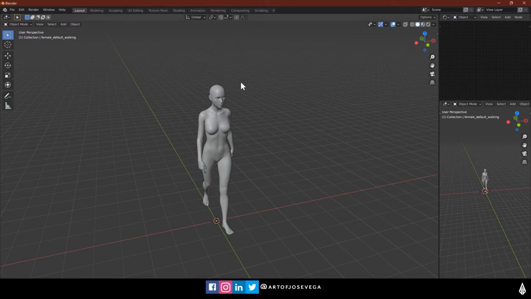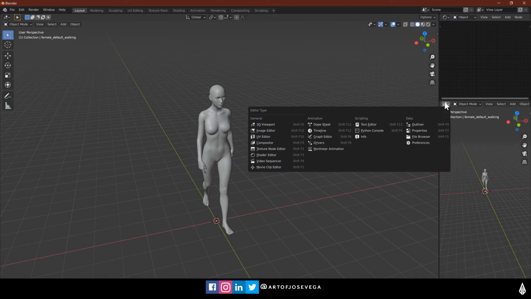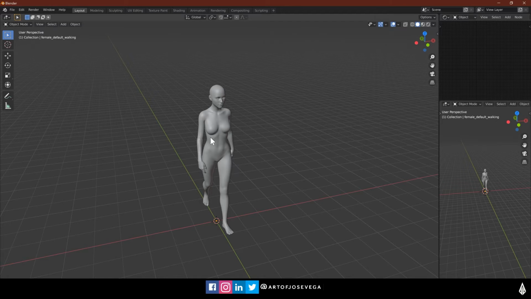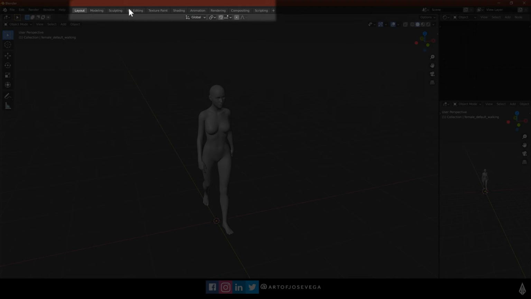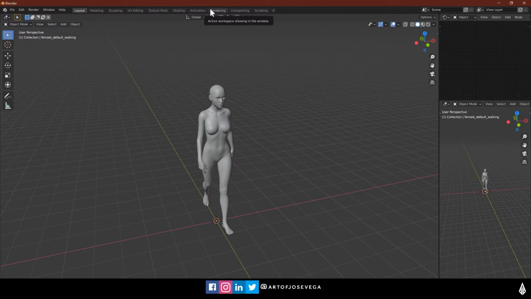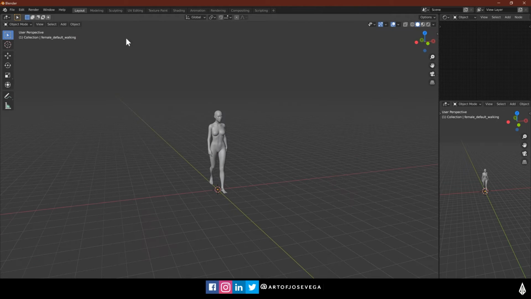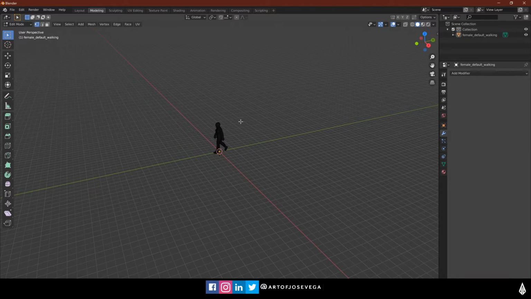You could have it however you want to. So you can change those by going through here and then moving them. But you also have these different workspaces, and these workspaces, they're sort of by default in Blender that will give you a setup of a workspace depending on what you're doing. So this is like the normal layout one. If you're modeling here,